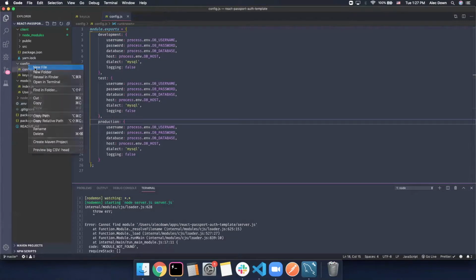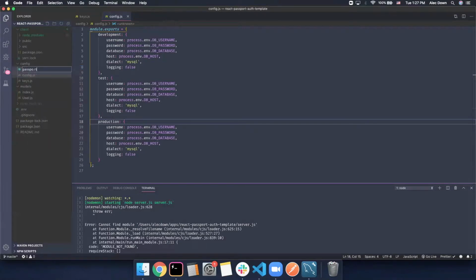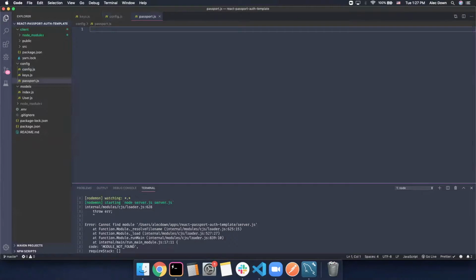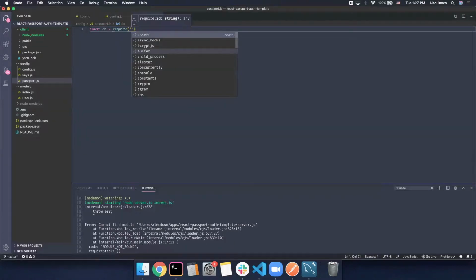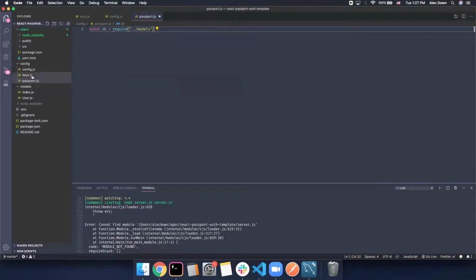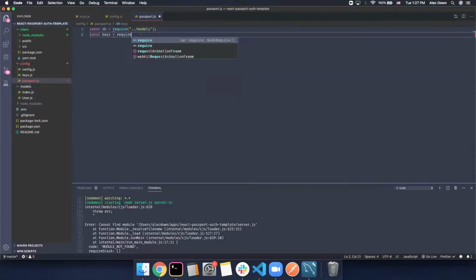The last thing that we're going to need is a passport.js file. And this is where we're really getting into the meat of what Passport.js is. So the first thing we need to do is we need to require the DB. So we do const db equals require, and then ../models. So we're coming out of, here's passport, we're coming out of config, going into models, and requiring all the models. The other thing we need to do is the keys. So we'll const keys equals require